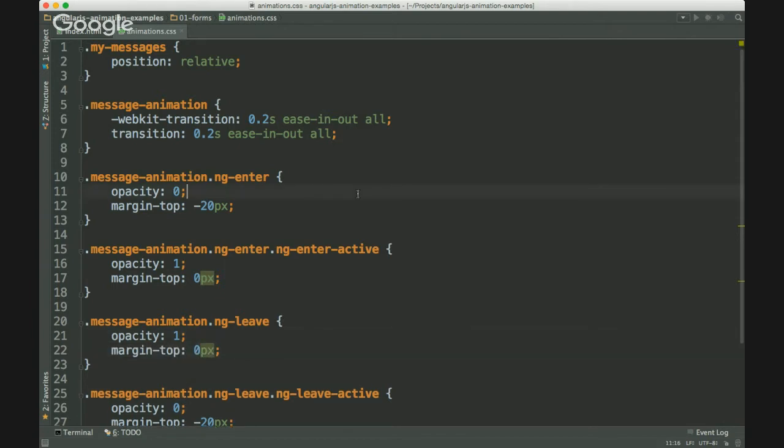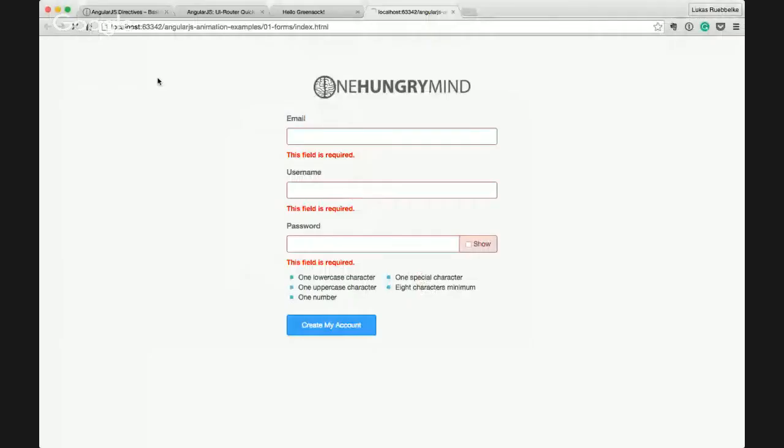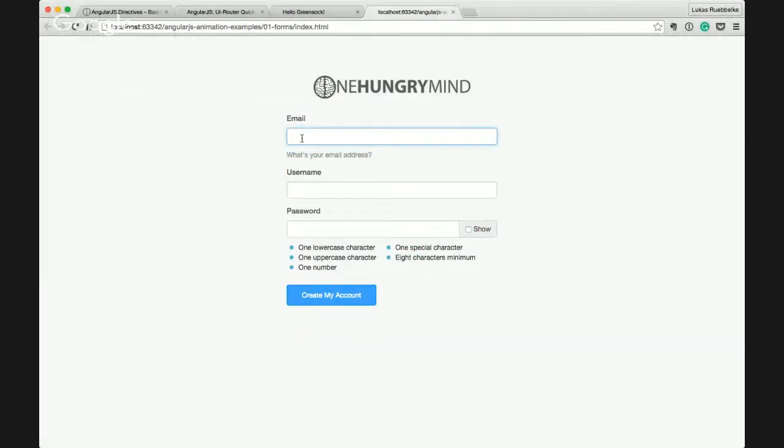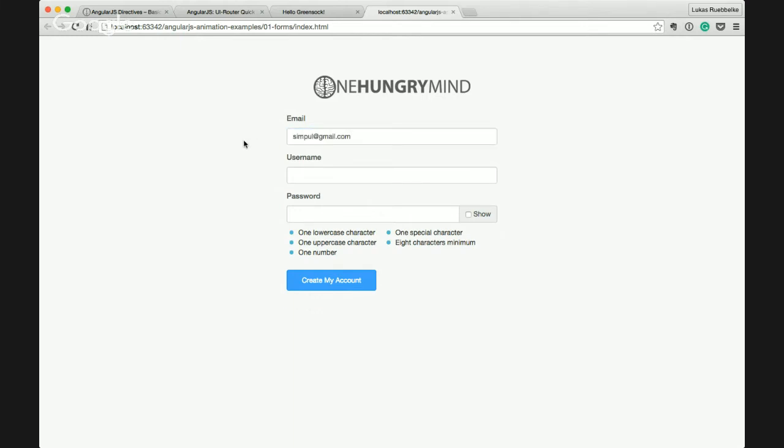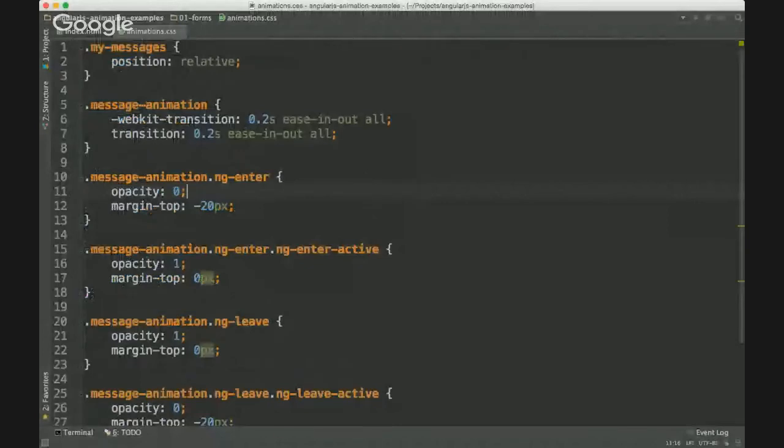We'll go like this. Okay, let's refresh the page. You can see now that it slides in. So I'm just going to put my email address in, and then when the focus is out, that class is removed and it slides away and fades out. And then how that's happening, the triggers are,